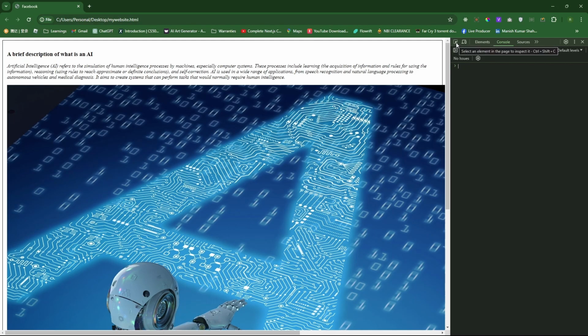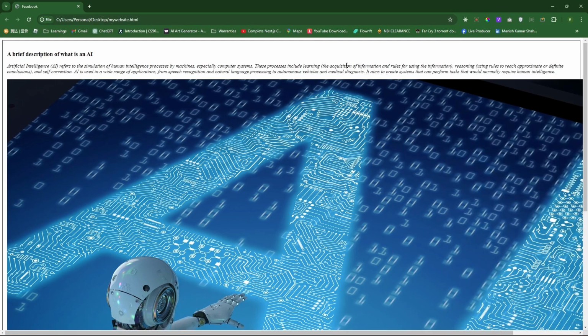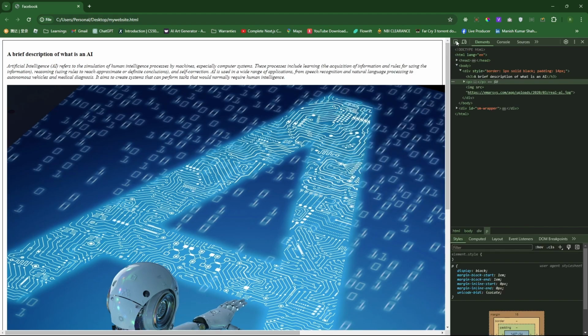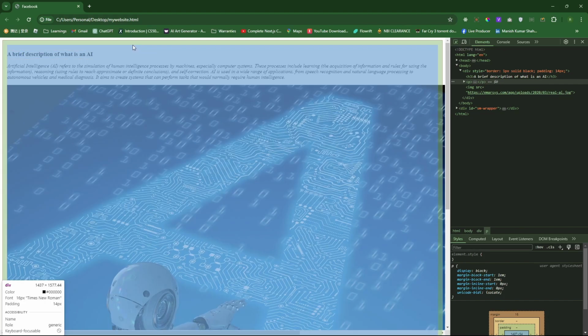Ayun. So, paano ba natin makikita yung padding na binigay natin? So, let's just open up Dev Tools. Right click and inspect. And then click this one to select an element. Let's try to click this one. As you can see, we have a green padding in here. And as you can see, we are giving padding 14 pixels.